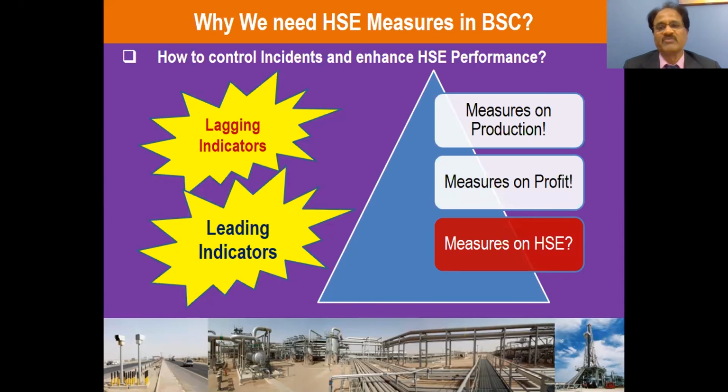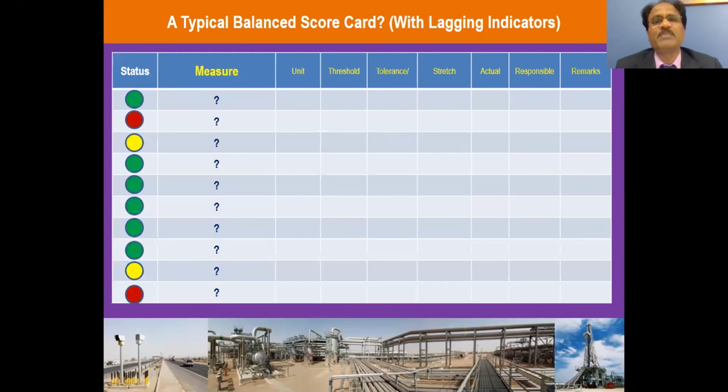When we talk about the measures, you can have lagging indicators and leading indicators. Lagging indicators are the negative indicators like incidents, personal injuries, fatalities, leaks and spills, and motor vehicle accidents. Leading indicators are the HSE trainings, audits and inspections, all those kinds of leading indicators. You need to have some targets on the lagging indicators, and simultaneously you need to have some targets on the leading indicators also. So just a typical balanced scorecard,